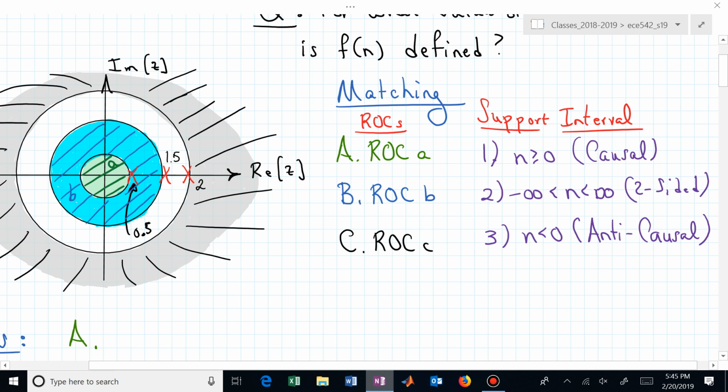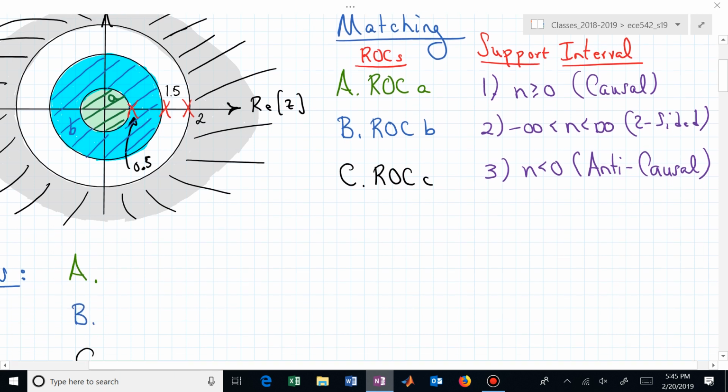Everybody have an answer? You should have 3 different numbers, or 3 different possible numbers, associated with the 3 different regions of convergence. I'm going to have you now